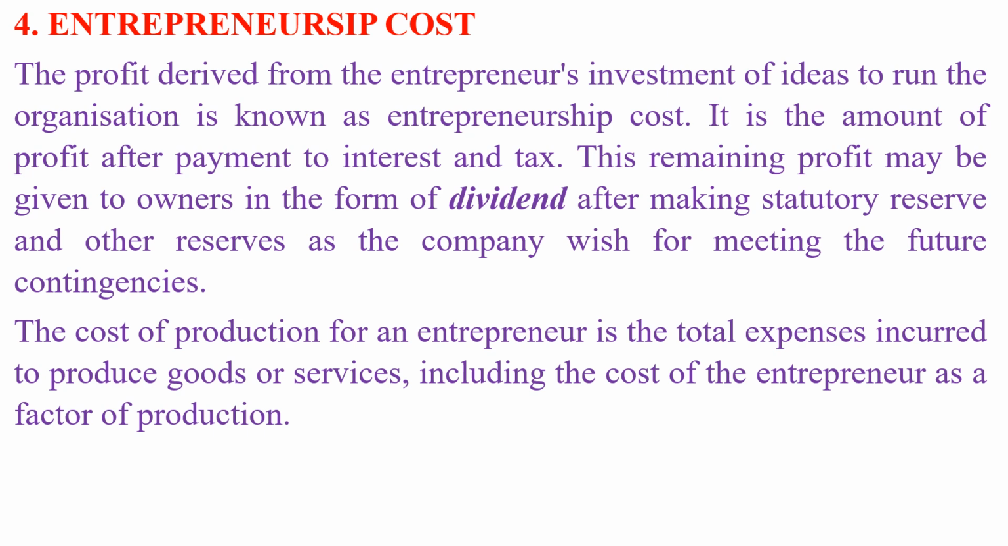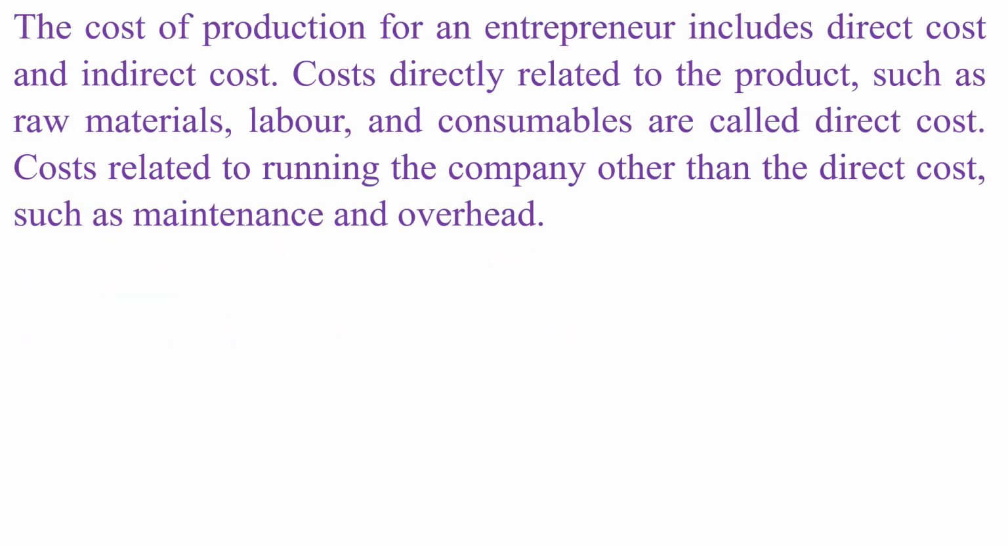The cost of production for an entrepreneur is the total expenses incurred to produce goods or services, including the cost of the entrepreneur as a factor of production. The cost of production for an entrepreneur includes direct cost and indirect cost. Costs directly related to the product, such as raw materials, labor, and consumables, are called direct cost. Costs related to running the company other than the direct cost, such as maintenance and overhead,